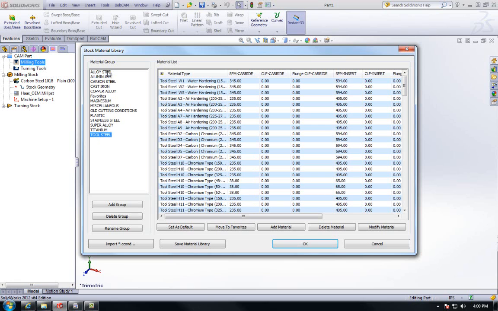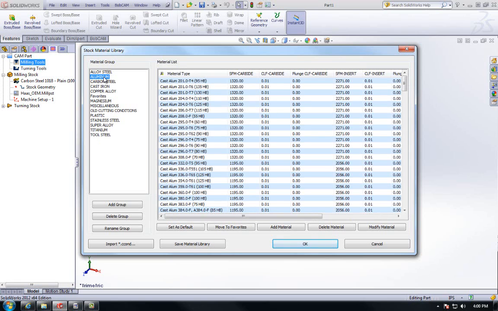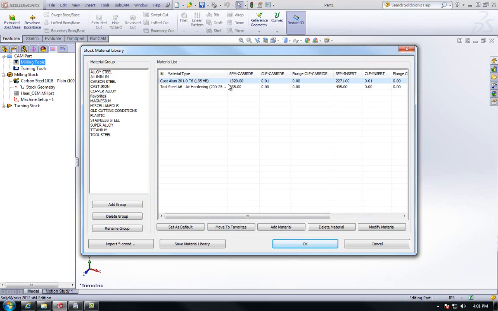If, for instance, we were to go into the aluminum folder and we were to select all of these and click Move to Favorites for each aluminum cutting condition, it will move all of the files into the favorites. Therefore, this category will be blank. We will add another one to favorites. We'll click the Cast Aluminum 201 T6 and click Move to Favorites, and that moves it to favorites. Now, under Material Group, click Favorites, and as you can see, we have two files that we moved to favorites